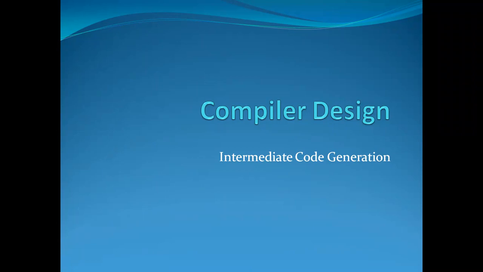Whatever object code I generate by implementing code generation, that code should be efficient. It is the main goal of compilers to generate code in an efficient manner, right? So the advantage is that generating an intermediate language by implementing intermediate code generation always leads to efficient code generation. So we are using intermediate languages when we are implementing intermediate code generation.